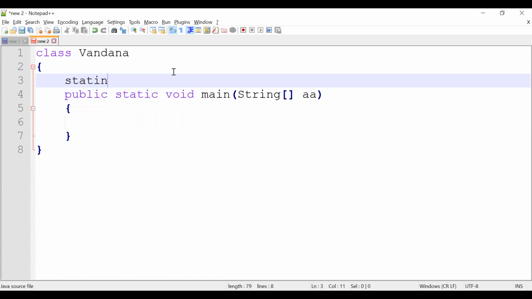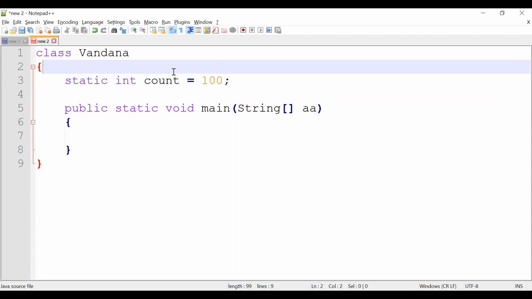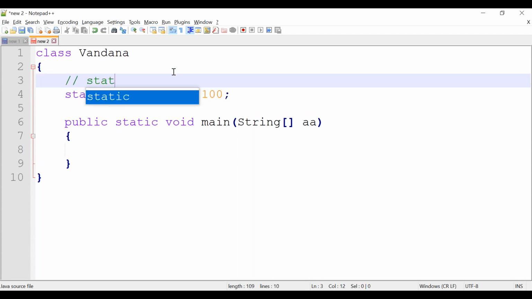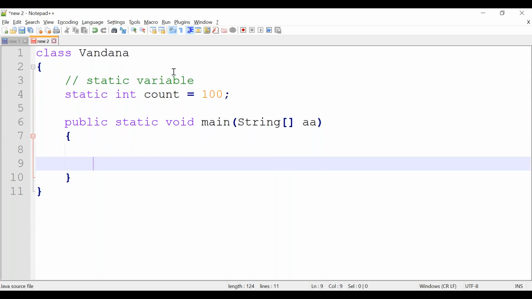Consider static int count equal to 100. This is my static variable, right? The variable name is count, correct? So what I'm trying to do is print this variable, System.out.println.